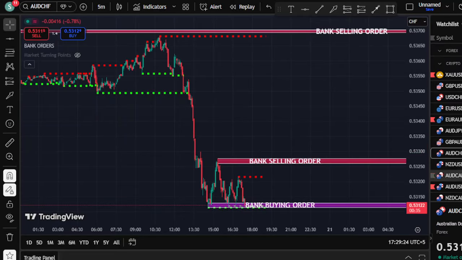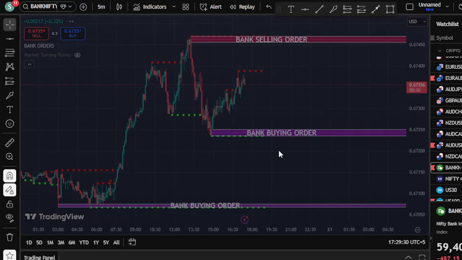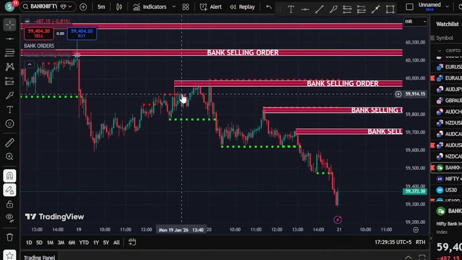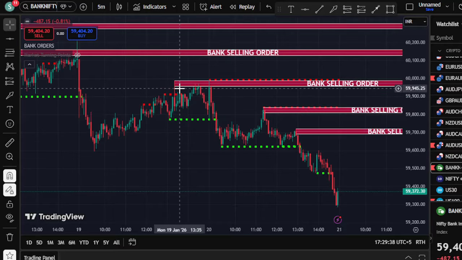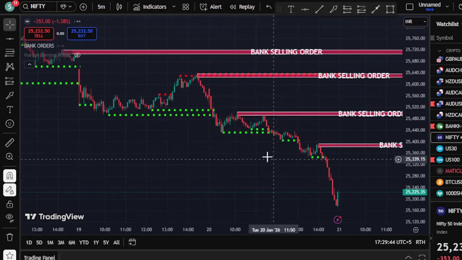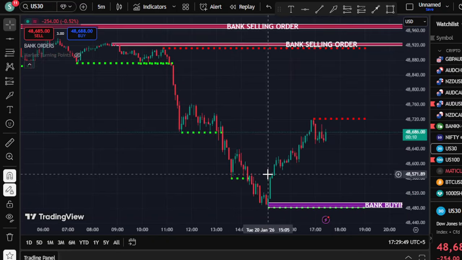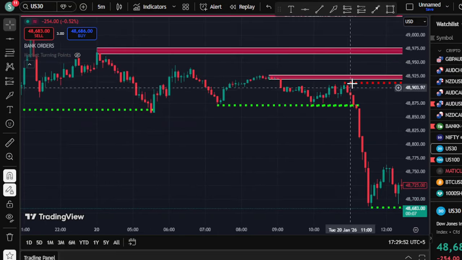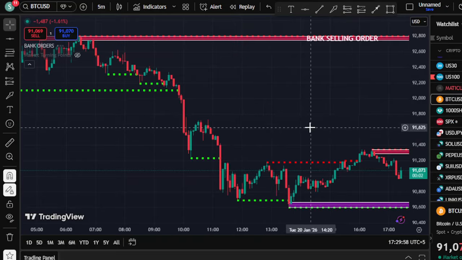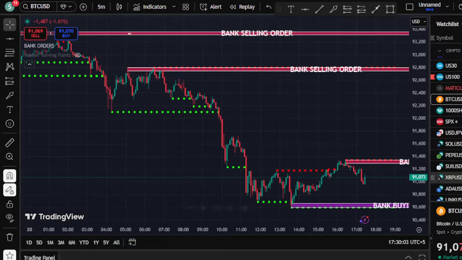So if you are a retest type of trader, then go for the bank indicator because it's very heavy in that case. It works on all assets. For example, if you are trading the Indian markets, what you see here on Bank Nifty 5 minute, the price retested and then simply made a downward move. On Nifty, it retested, and you can see the price is down. So it works on everything: Forex, crypto, stocks. You can see US 100 was retested at the bank selling level, and the price is down. These are absolute powerful indicators that no one has because they work very well. You can see Bitcoin retested and the price is down.